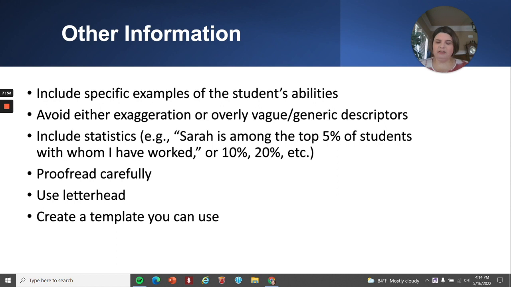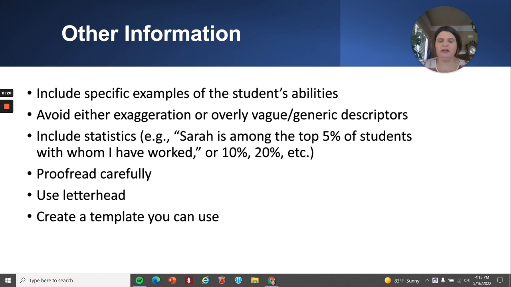One of the things that I think is really helpful is you can create a basic template. You're not going to use the same letter for every kid, but you can start plugging in details about kids. So obviously the first paragraph, you can swap out their name and how long you've known them and what orchestra they're in, things like that. And then you can change around the body, and then the closing paragraph, you can fill in details. So you can create a recommendation template.